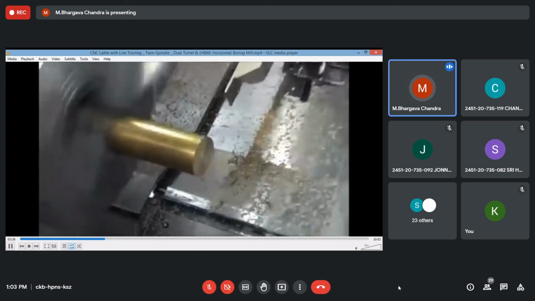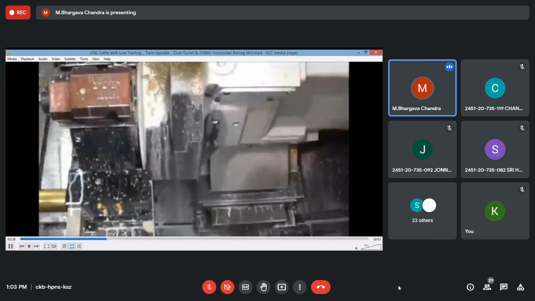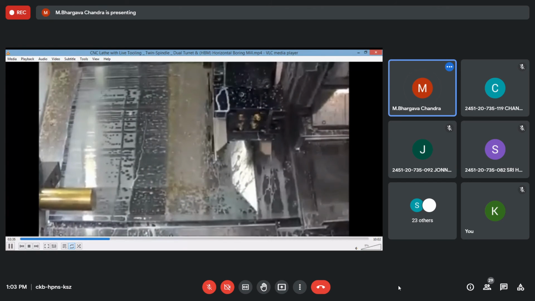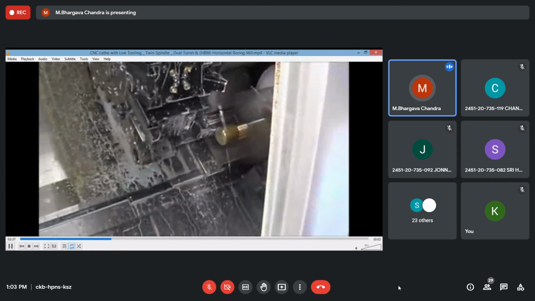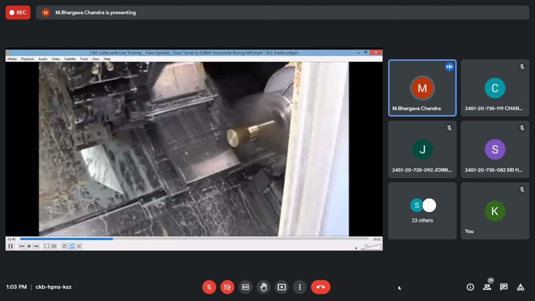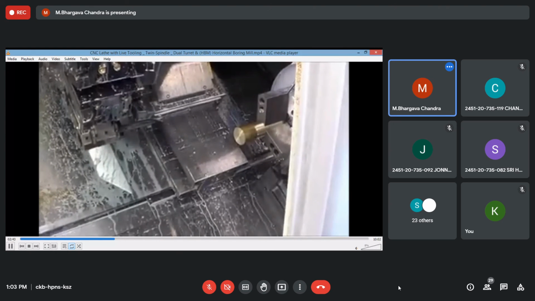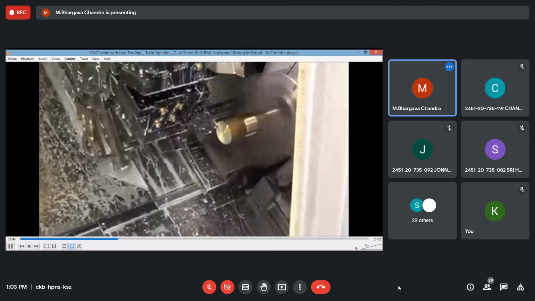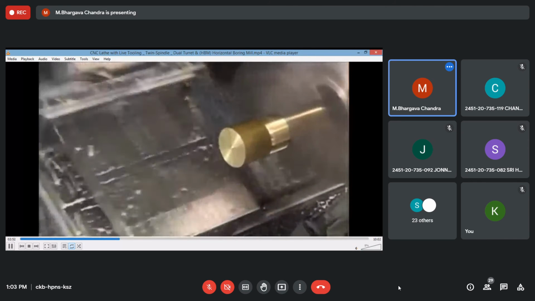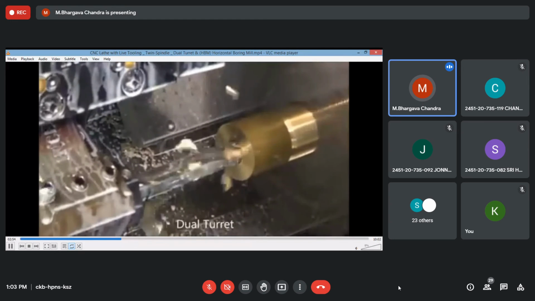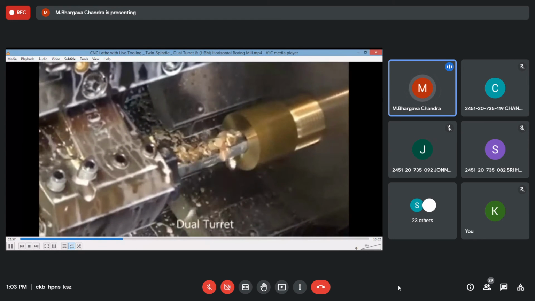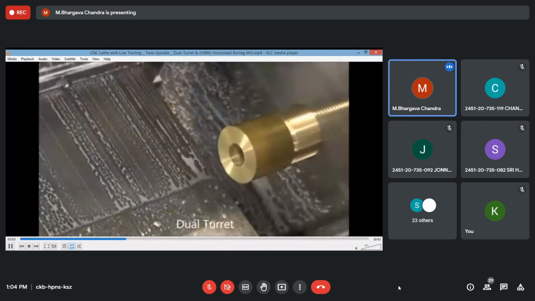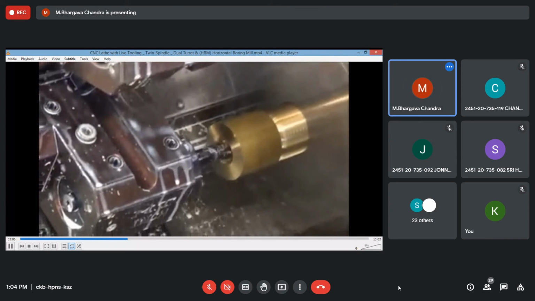We have one miniature type of CNC machine in the CAM laboratory, mechanical engineering department. It is a small sized CNC machine where drilling, milling, and grinding operations can be performed. It is safe also, as it is closed in a glass container. You can see here a facing operation, then this boring operation. This is the boring operation, creating a cylindrical hole inside the workpiece, with threading externally.